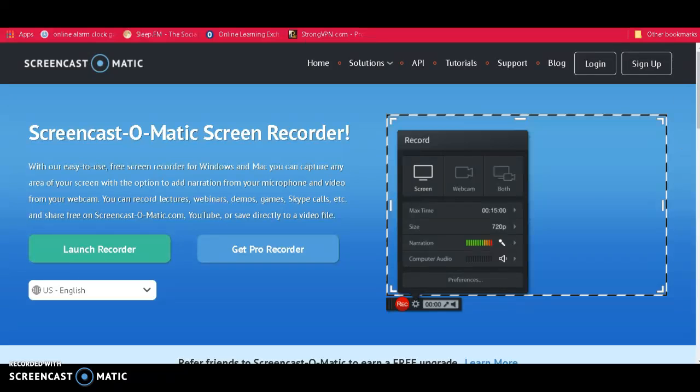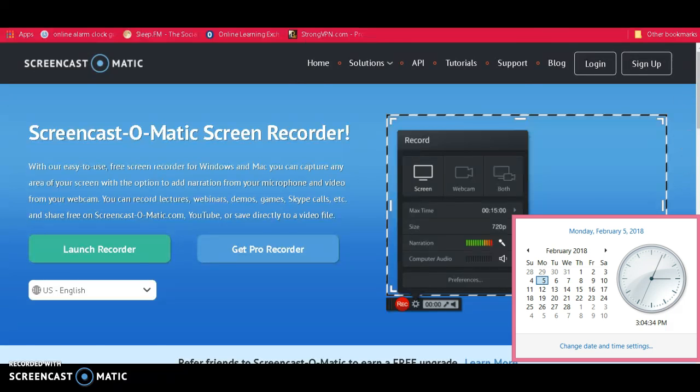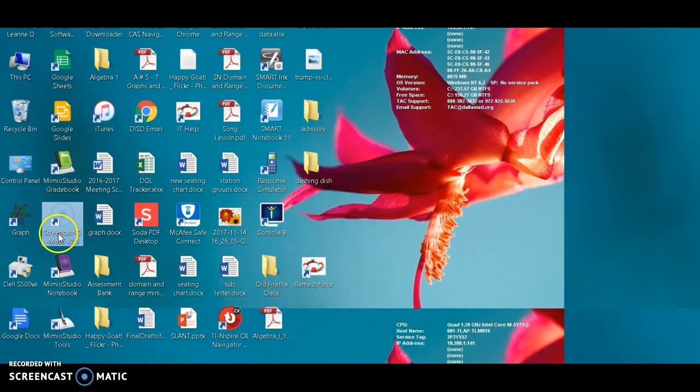And it'll ask you some registration questions, and then it's going to just end up on your home page as this icon here, the Screencastomatic. And whenever you launch it, it's going to ask you if you want to use the paid version or the free version, and just click on the free version, and a red kind of candy cane type box is going to show up, and it'll wait to hear your voice, and you just press the record button and it will record whatever's on your screen. So that is